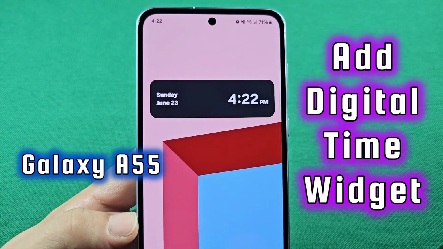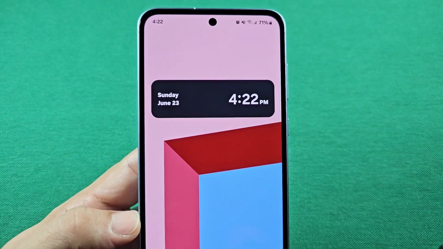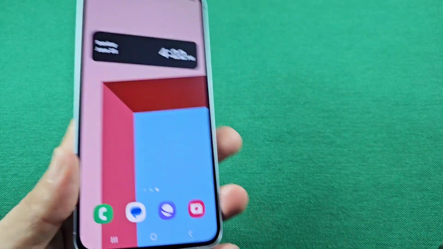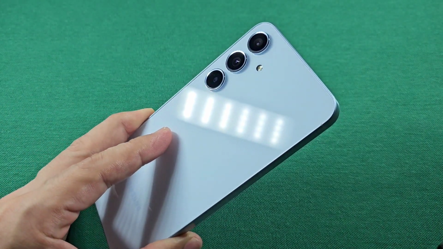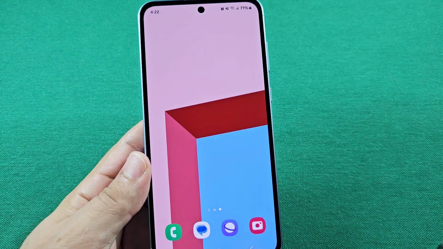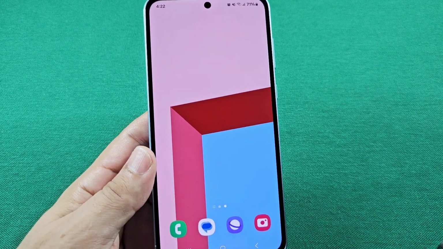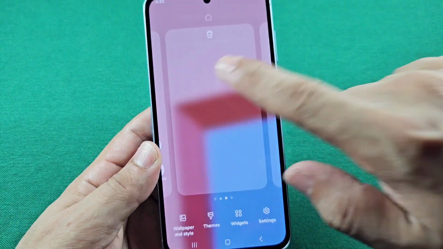If you want to add a digital clock to see both the time and the date on your home screen, and this is the Galaxy A55 smartphone with Android 14 One UI 6.0, 6.1. To add a clock on your home screen, basically long press a blank area on your home screen like this